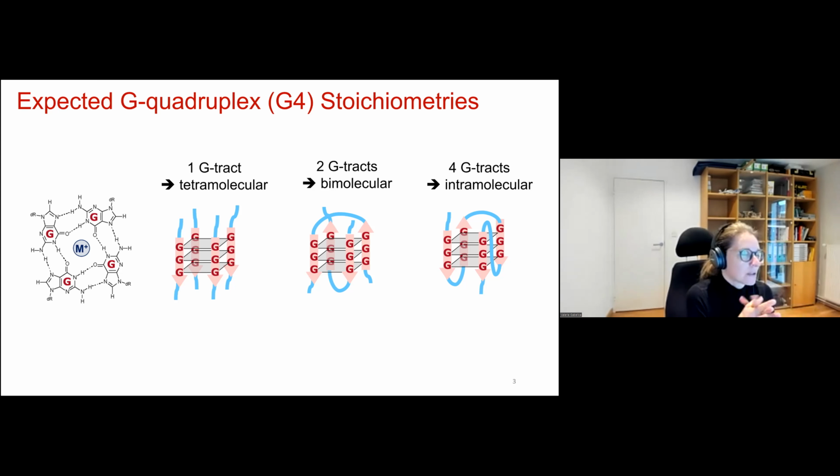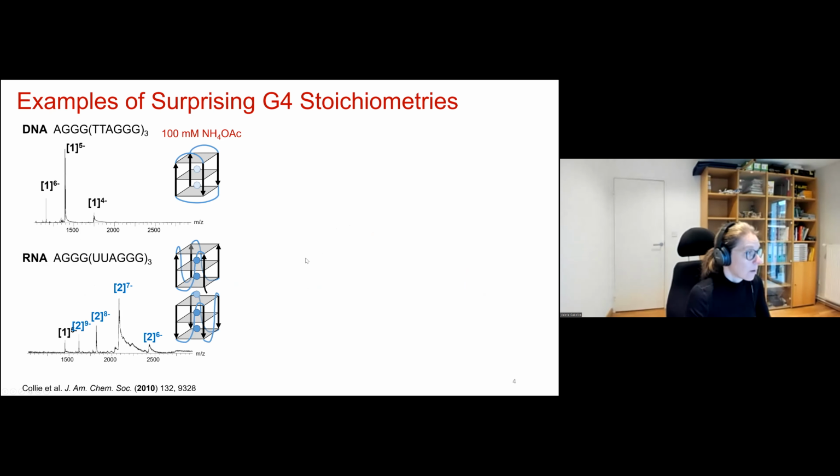So the first thing with stoichiometries is the strand stoichiometry, because we are usually told in basic introductions on G-quadruplexes that if sequences have 1 G tract, you need 4 of them to form a tetramolecular G-quadruplex. If your sequence has 2 G tracts, you can form bimolecular structures. And if it has 4 G tracts, it can fold intramolecularly. But with our mass spectrometry investigations, we have also found some other behaviors that contradict this